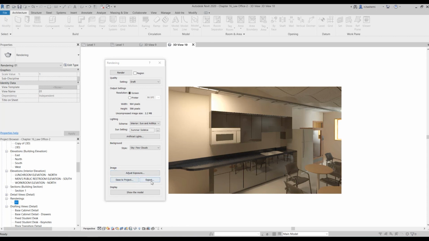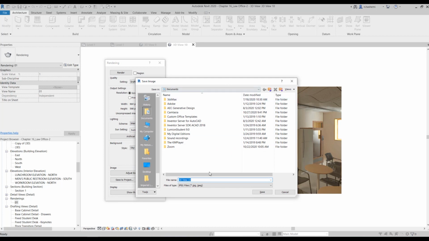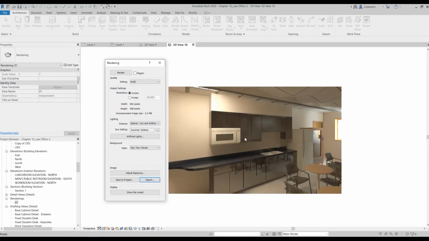Okay, and also you can export it to a file. So you can export it as a JPEG or PNG or things like that, and then save it to your computer, and then you can make adjustments and changes to it. For example, you can add people inside the rendering, change the lightings, change the exposure, add some backgrounds behind the window and things like that.